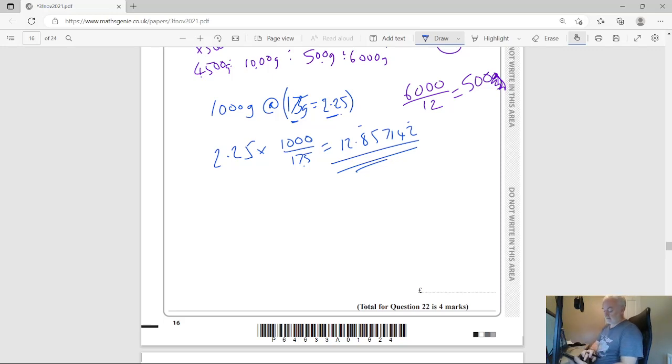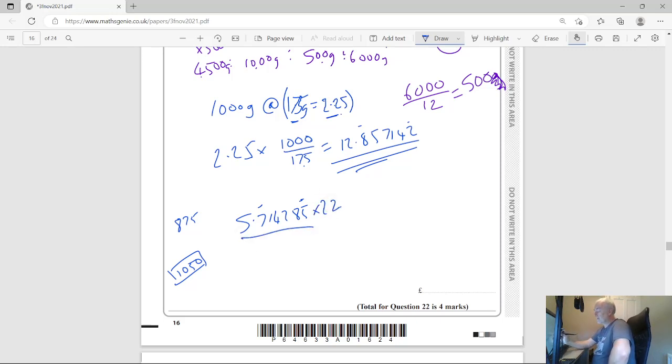Now just going to go back a step. If we did 1,000 divided by 175, we would get 5.714285 lots of 175 grams. It doesn't go in exactly. 5 times 175 gives me 875. 6 times 175 gives me 1,050. So don't round this. Always go with the full figures. If I was to use this one and times that by 2.25, I would end up with the same figure,